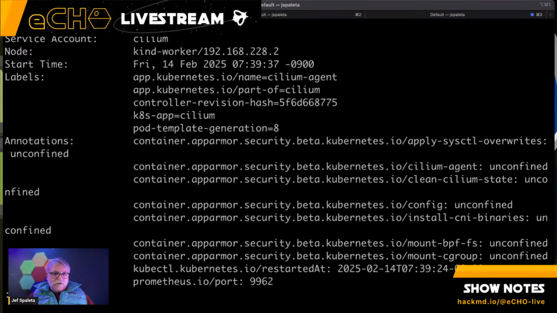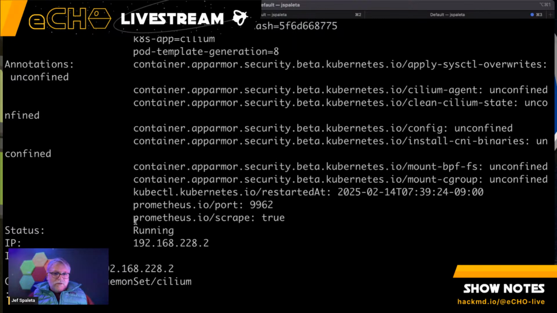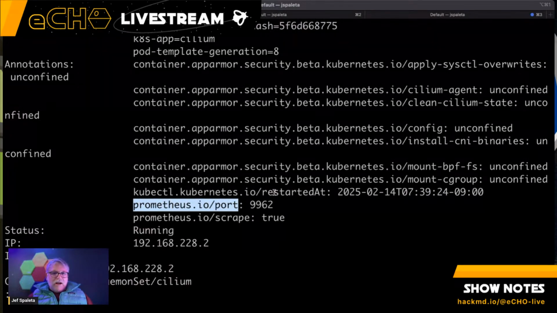So what I have is basically telling the Prometheus scraper that this pod has a metrics endpoint